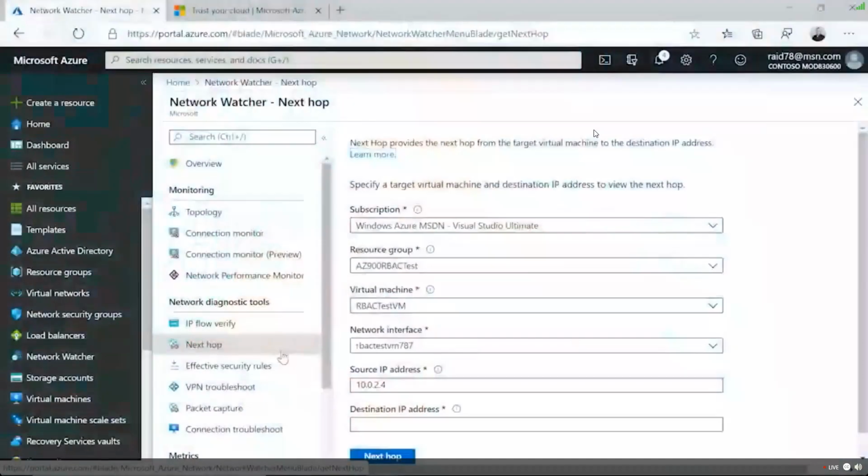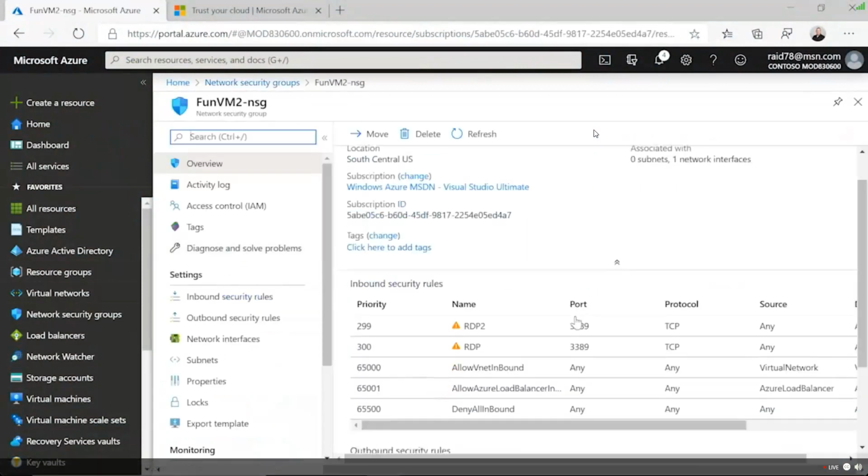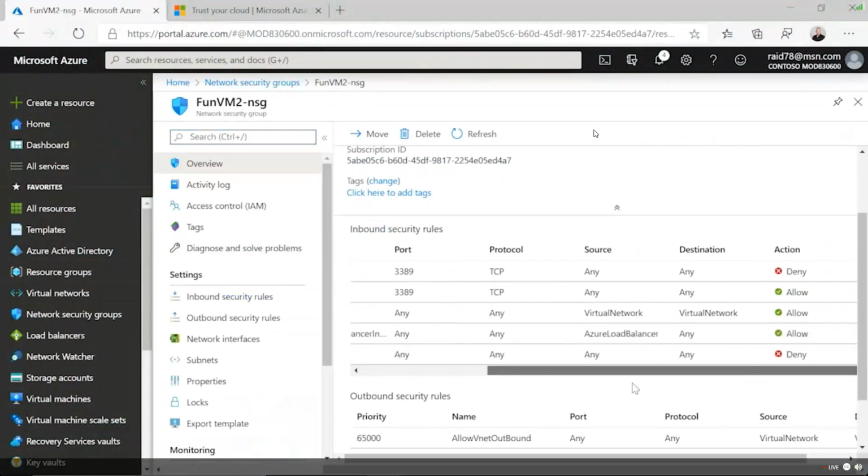So understand we have some great tools to secure a network, and we have some great tools to help you troubleshoot that flow. Can I get from point A to B? Did an effective rule deny me somewhere and I have to go look at it? And when you look at those network security groups, and this is where Garrett figured it out, if you notice the default rules, the very last rule that is created, by the way, you can't get rid of the default rules. The very last rule is any, deny.